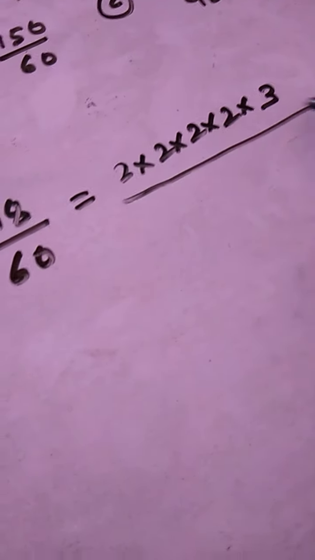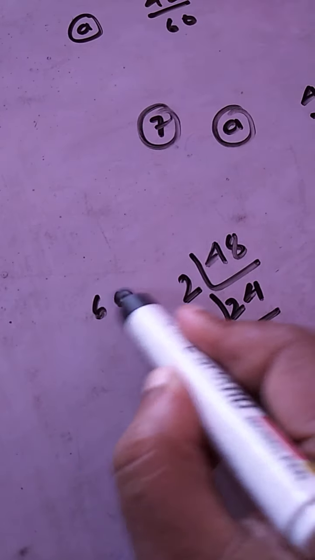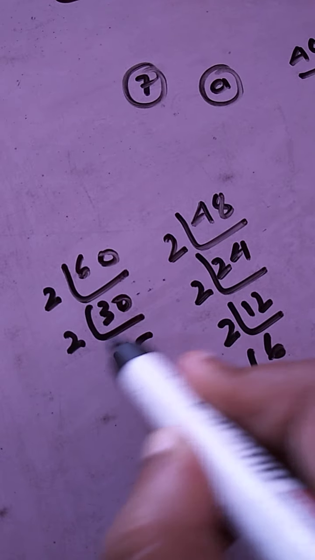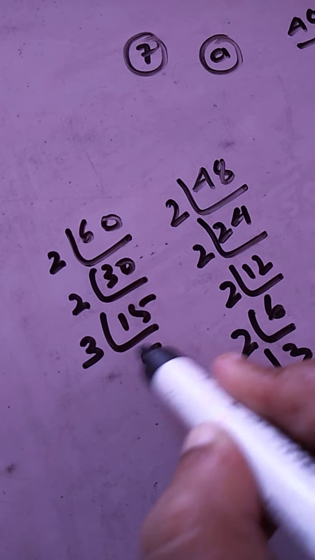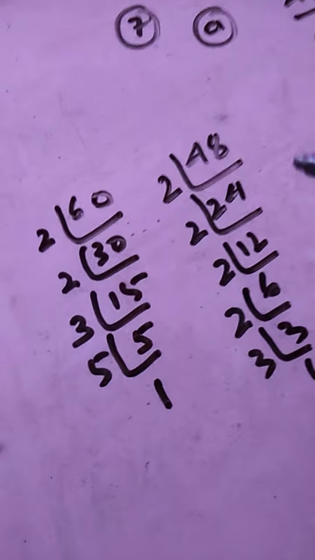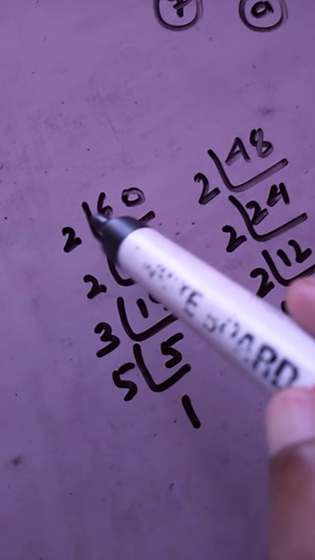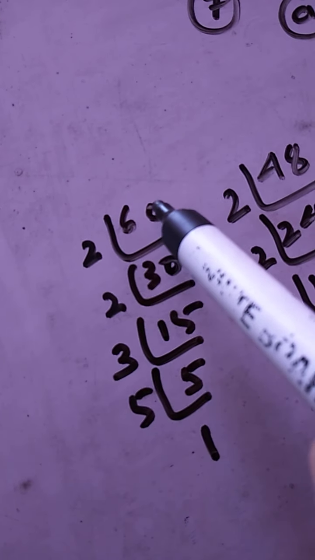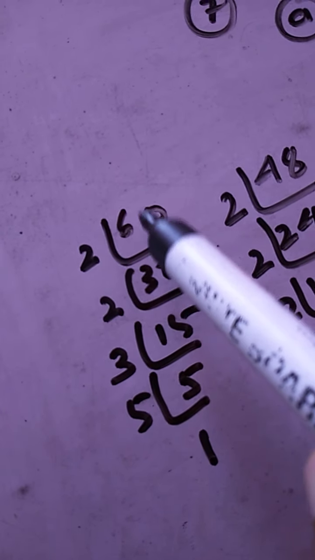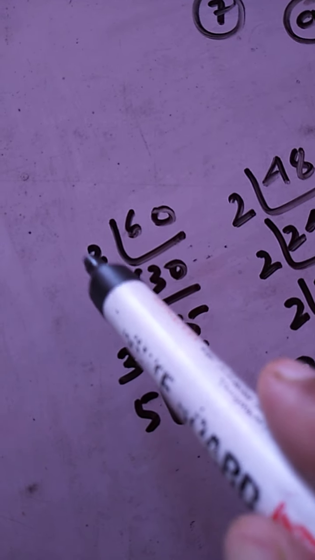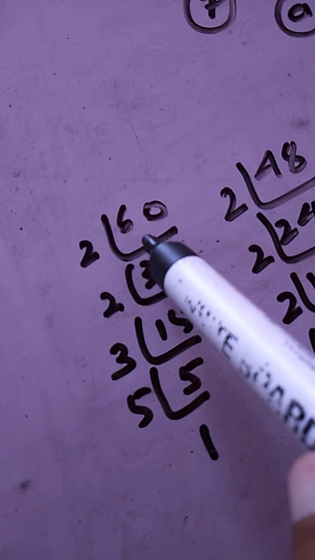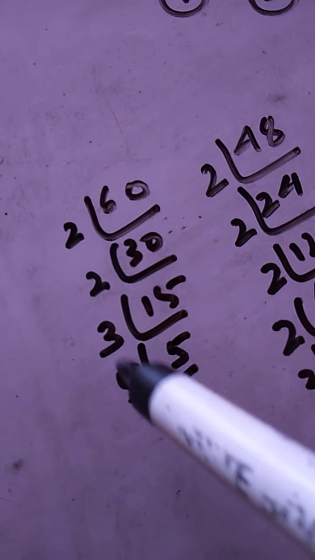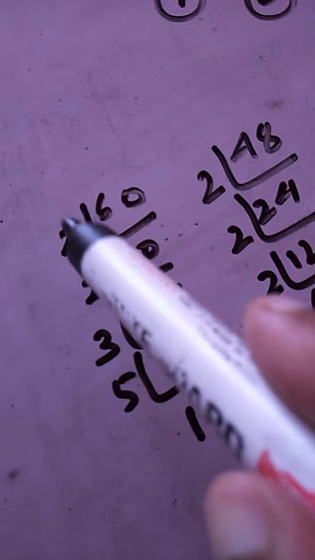Now very similar thing we'll do with 60 also. We'll do the prime factorization of 60. So 2 30s, 2 15s, 3 5s, and 5 1s. Always remember that this is a prime factorization method. You will only apply prime numbers here. First of all, you will see whether the number is divisible by 2 or not. If not divisible by 2, the next number you will see is 3. If not divisible by 3, then 5, then 7, then 11, 13. You will never use 4, 6, 8, 10.